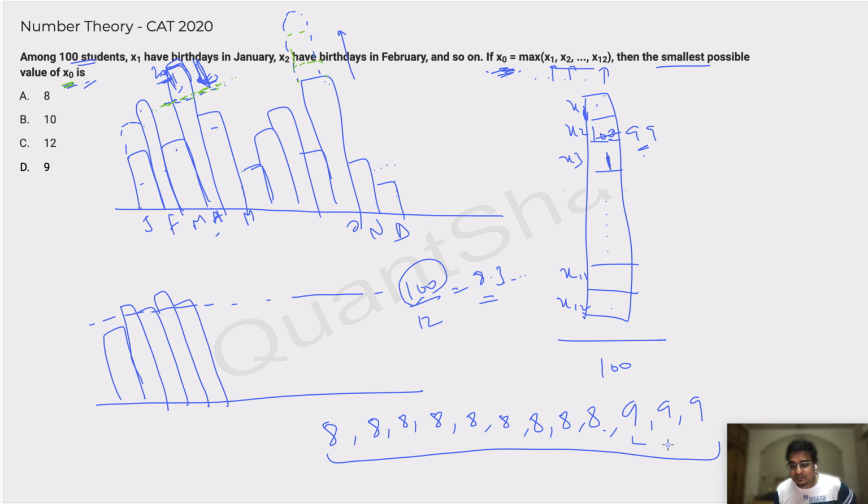If it goes in one of the months with 9, then x0 will become 10. अभी x0 9 है. So let's put it in one of the months with 8. अगर February में we put it, x0 is still 9. Now we are accounting for all the birthdays and x0 is still 9. So the smallest possible value of x0 is 9. Can you achieve a smaller value of x0 from this? No. How would you? x0 को small करने के लिए, all these 4 9s, we have to reduce them to 8. But if you reduce them to 8, the other 8s will have to go up. So there is no lower possible value of x0. So x0 will be 9.